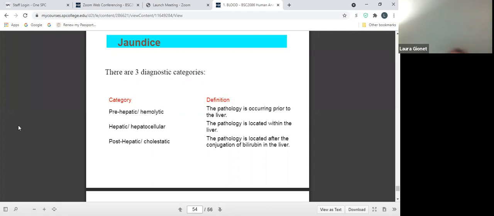Prehepatic means it's generally in the hemolytic category, which means it's coming from a higher than normal number of red blood cells being broken down very rapidly, essentially overwhelming the spleen and ultimately the liver's ability to break it down properly. So the pathology is occurring prior to ever getting to the liver's job to break it down. Hepatic, or what's called hepatocellular, is where the pathology is generally located within the liver itself, where you have maybe